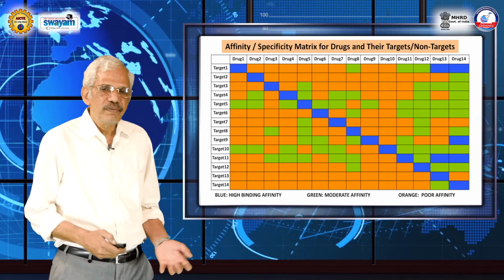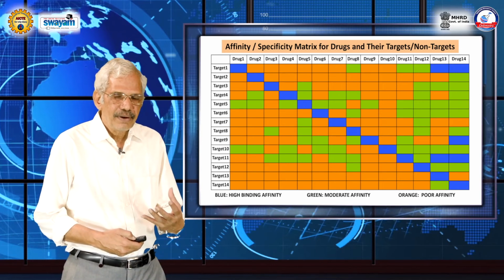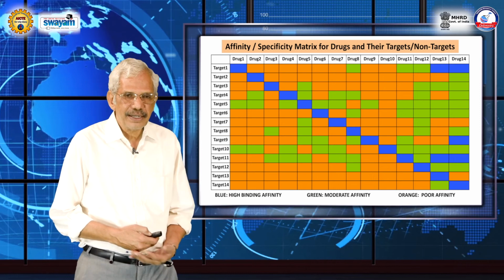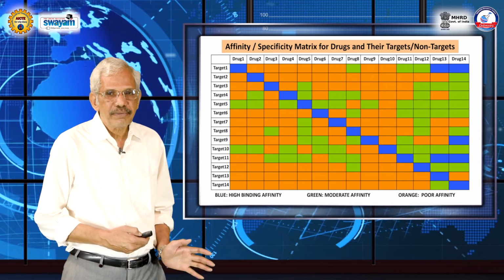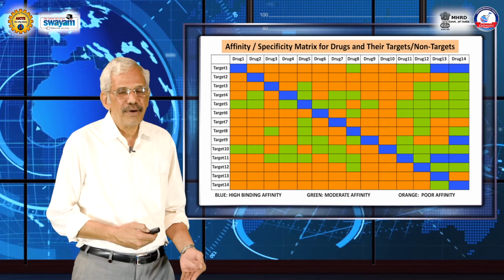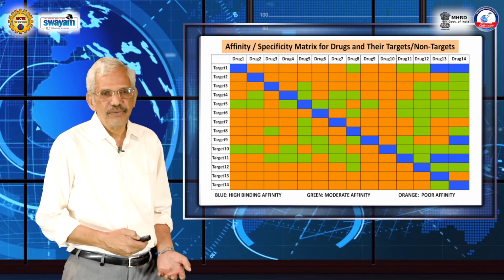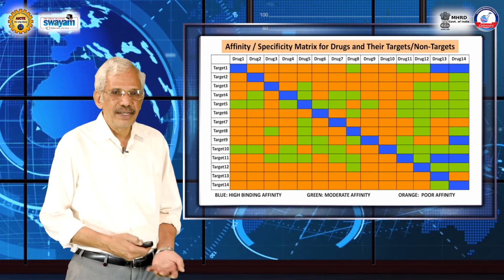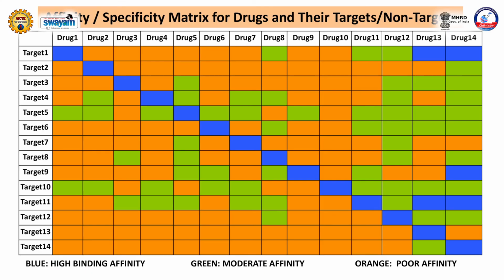So, what more can we do with computer-aided drug discovery beyond optimizing a molecule which will bind very tightly to the biological target or biomolecular target? Well, we can also focus on elimination of this molecule to non-targets so that we don't have toxicity arising because of off-target binding of the molecule. How is it possible? Well, if you have the structures of all the proteins inside the human body, for instance, let's say 20,000 proteins, then you take this drug molecule 1 and then you do the docking against all the targets. Remember, you want, for example, drug 1 to go to target 1.